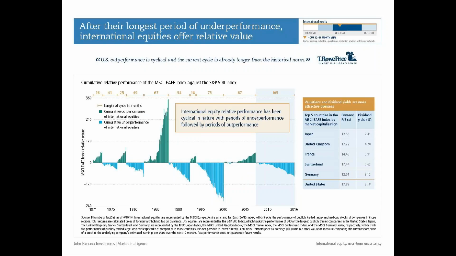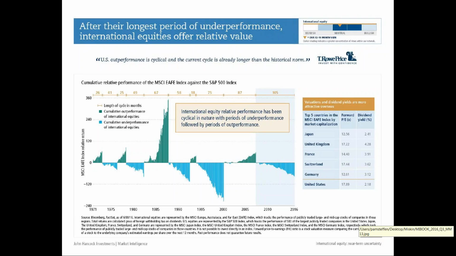Another thing that is positive for international equities is there's a reversion potential. So this chart shows the MSCI EAFE relative to the S&P 500. And what you can see here is the light blue is actually the MSCI EAFE underperforming in the bottom part, and the top part is the MSCI EAFE outperforming. EAFE is an international developed benchmark, or index, which has a meaningful allocation to European equities. It also has Japanese equities. Canada, Australia is also in there.